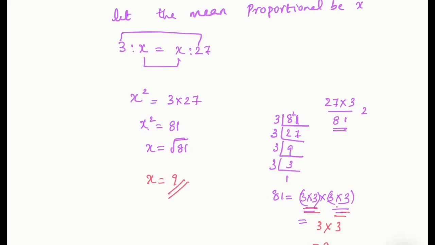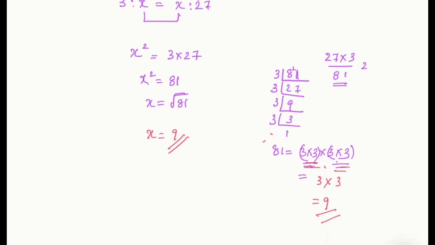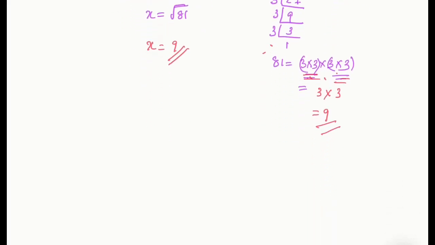Is it clear? First, in order to take the root, you need to do the short division method with prime numbers. You divide by the smallest prime numbers. Then whatever answer you get, you split and write it like this. Then pair each two same numbers. From each pair, you take one number out. So you will get the answer like this. Okay, let me do one more question from this main so the topic will be more clear to you.